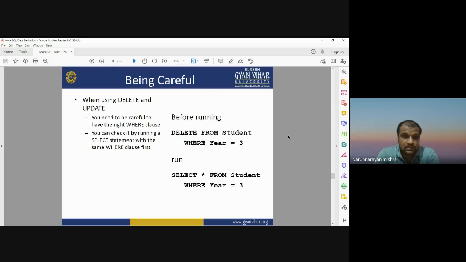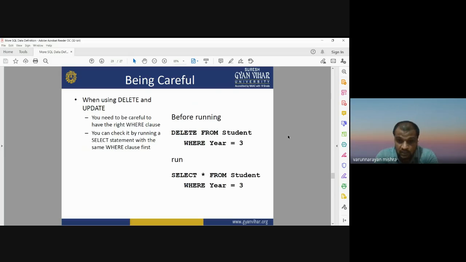so this is the same way. Be careful when using delete and update commands. When we are going to use delete and update commands, be careful about that. You need to be very careful to have the right condition, where you want to delete. Okay, before running the delete command, it is already discussed, you have to be very careful about the condition where you want to run the delete command.